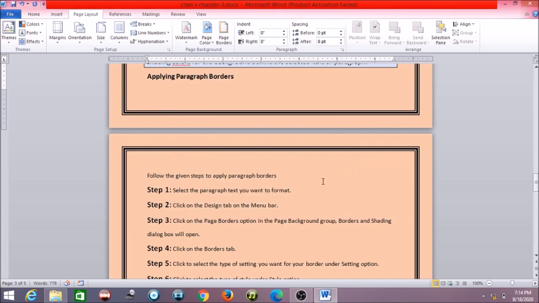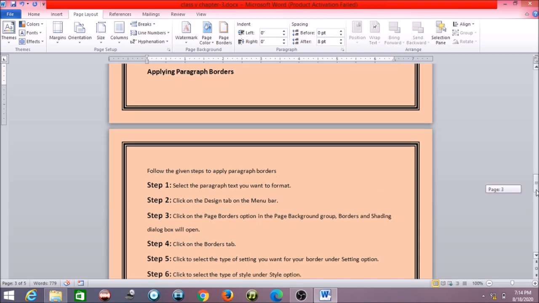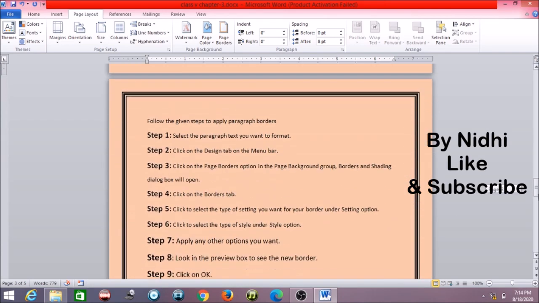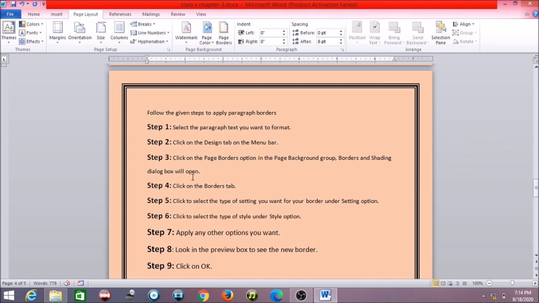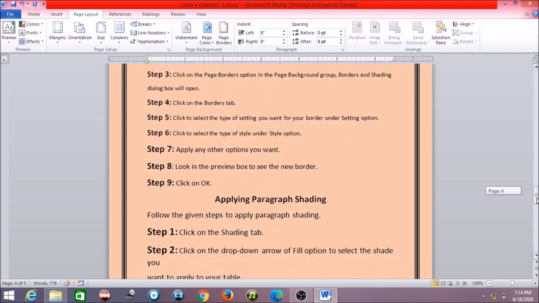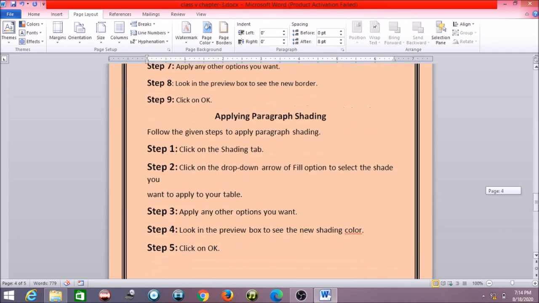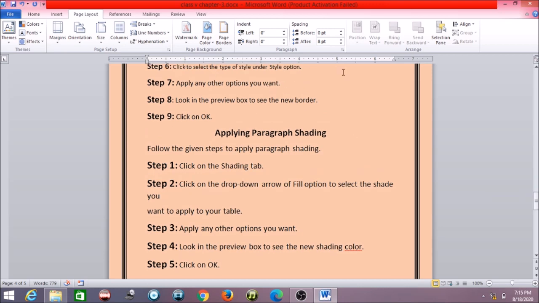That type of border is applied to your page. Paragraph border I have already shown you. If you want to apply page borders, just go to Borders and Shading, the dialog box will appear. Click on the Borders tab, select the setting you want, and then apply whatever look you want. Like this you can apply the borders.